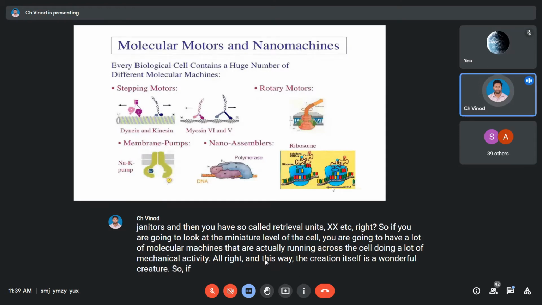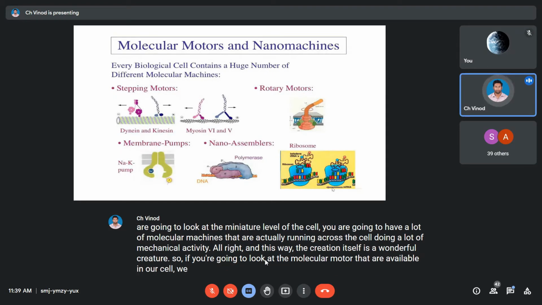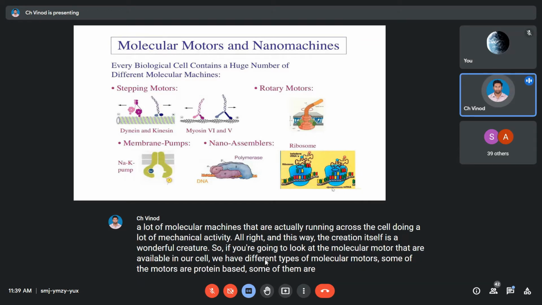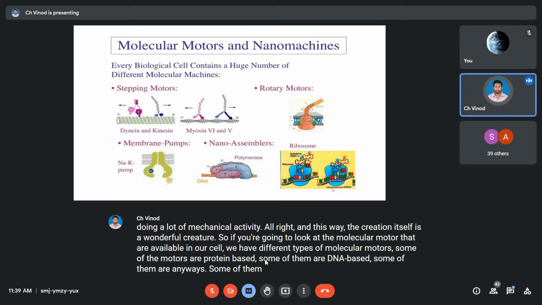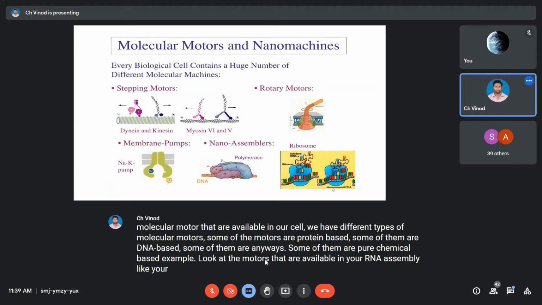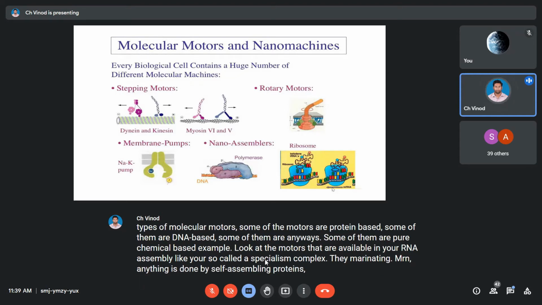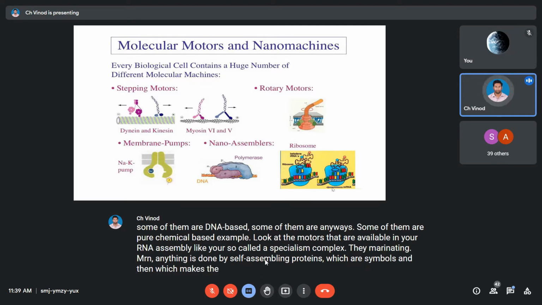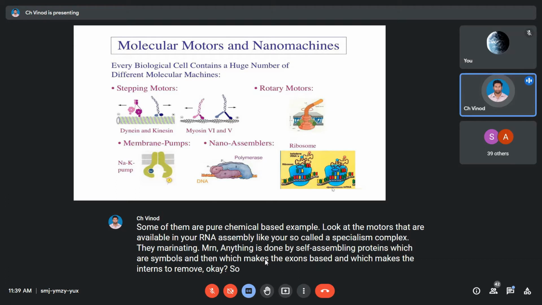And this way, the creation nature itself is a wonderful creature. So if you're going to look at the molecular motors that are available in our cell, we have different types of molecular motors. Some of the motors are protein based, some of them are DNA based, some of them are RNA based, some of them are pure chemical based. Example, look at the motors that are available in your RNA assemblies, like your so-called spliceosome complex, the mRNA editing. mRNA editing is done by self-assembling proteins, which assemble and make the exons paste and make the introns remove. Okay, so they identify a particular region, they cut the RNA, and they patch up the RNA